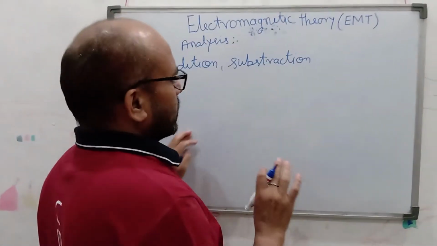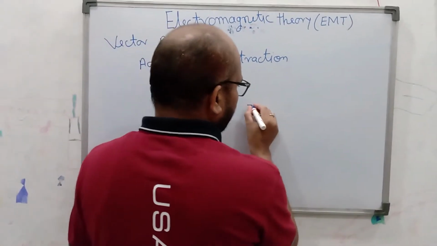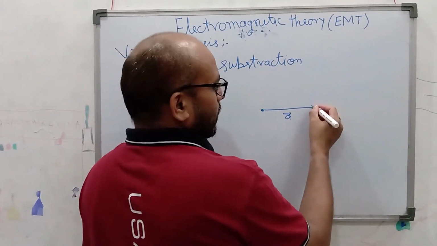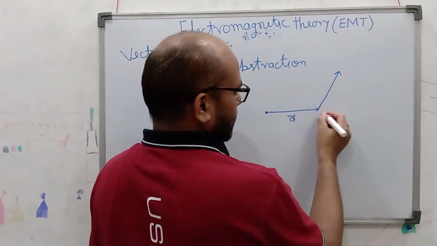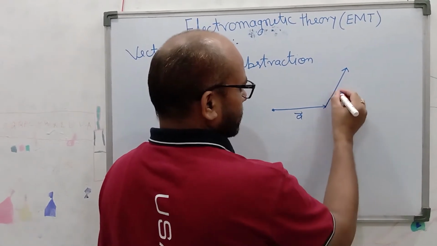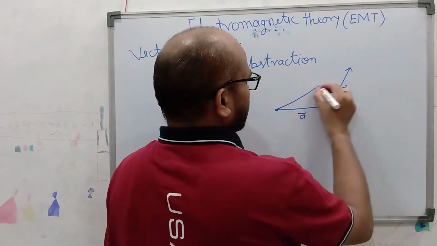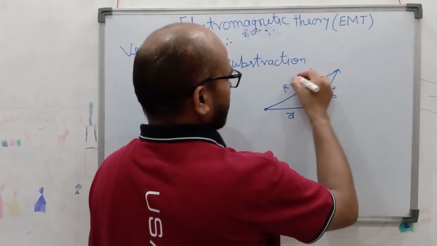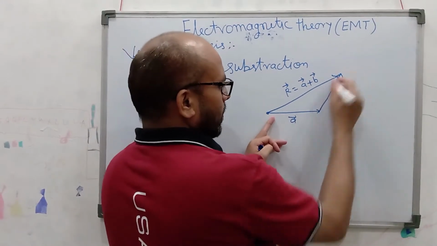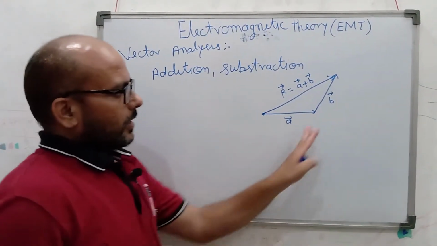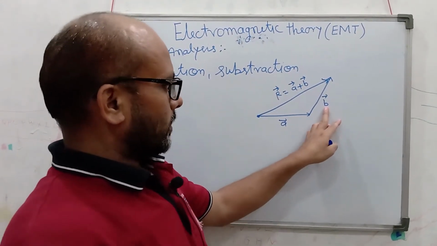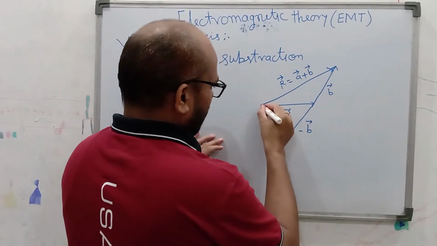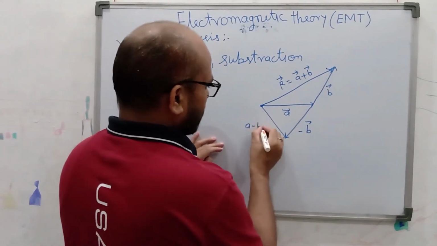Addition is a very simple method. Suppose that two vectors are added; simply one vector is drawn with its tail and head, vector A, and then another vector B. Just like a recipe for addition of two vectors, this vector R is the resultant vector of A plus B. And subtraction is simply B reversed, that is, in the opposite direction, then added to A. This vector, minus B, represents A minus B.